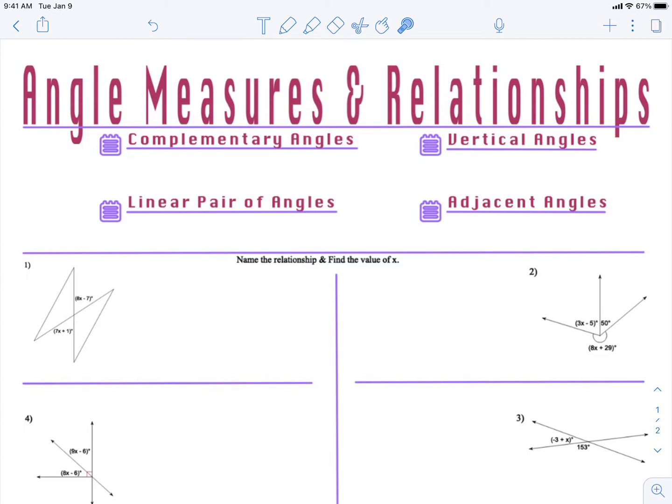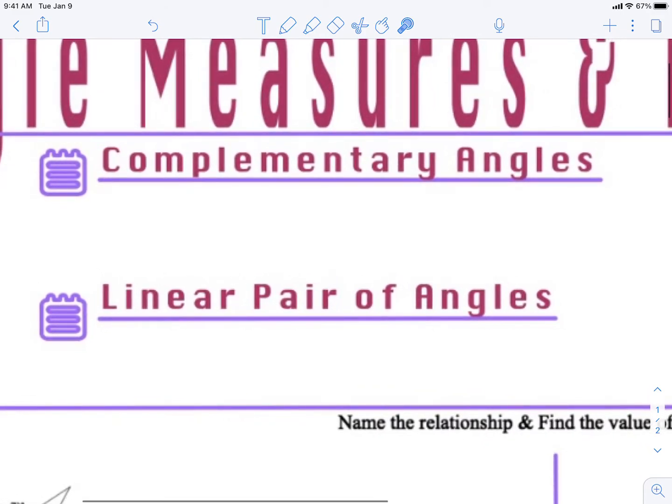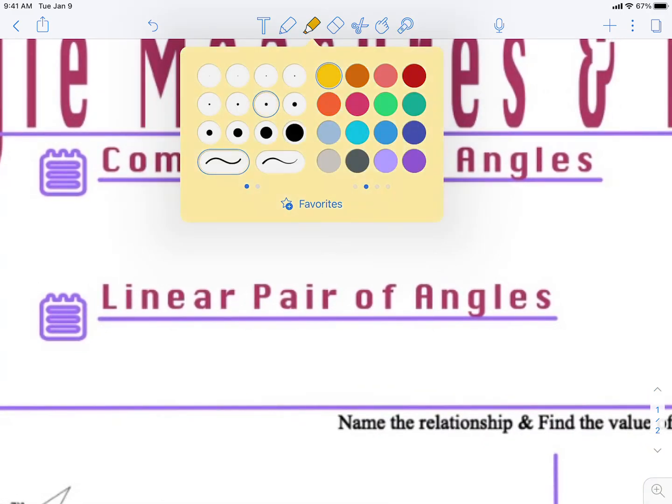So we've done the angle addition postulate, when we add a small angle plus a small angle equals a large angle. Well, angles have special relationships as well, so we're going to talk about those relationships. The first relationship we have here is called, switch to yellow here,